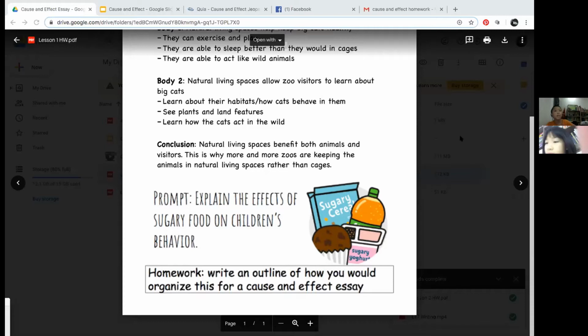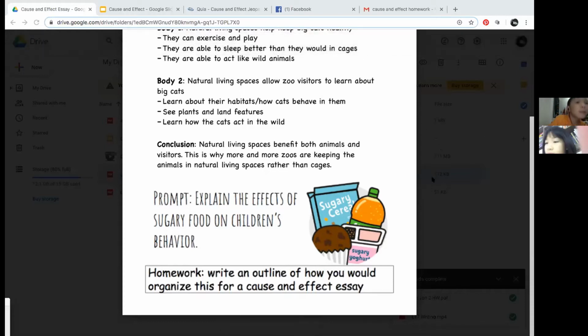So candy, chocolate, ice cream, sodas like Coke and Sprite and Fanta, those all have loads of sugar in them, right? So what the prompt is asking is, how do children act or behave after they have eaten or drank foods or drinks with lots of sugar? Let's say, Bill, what do you think? How do you act when you have had a big candy bar? Do you act normal and calm or crazy? Crazy, right? So that would be one of the effects, that you have lots of energy and you act crazy.